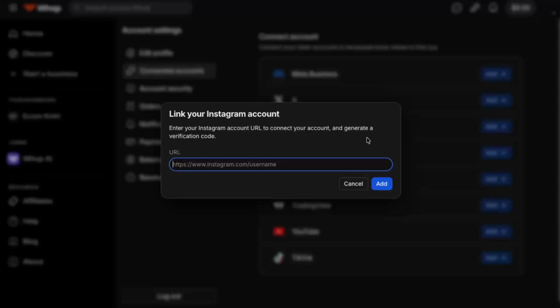Whop will then generate a verification code to link your Instagram to your Whop account. Follow the on-screen instructions to complete that verification, and once it's done, your Instagram